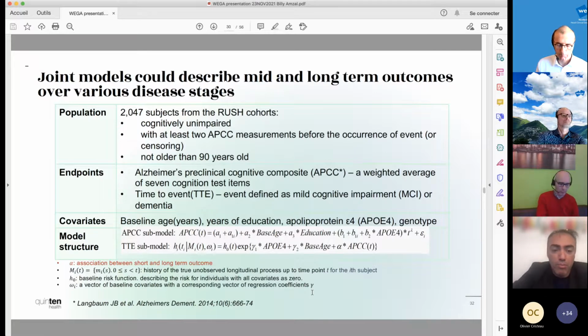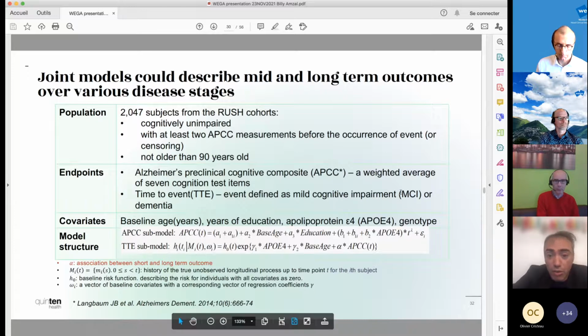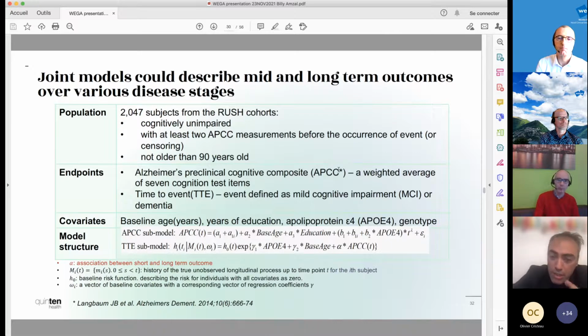We published only a part of it here, using joint modeling, describing again both this cognitive score that was defined by a dedicated medical study, a composite score that would track the cognition progression, the cognitive function over time, and statistically combine it with a time-to-event approach, time to MCI and time to dementia, in order ultimately to help designing trials based on this score with